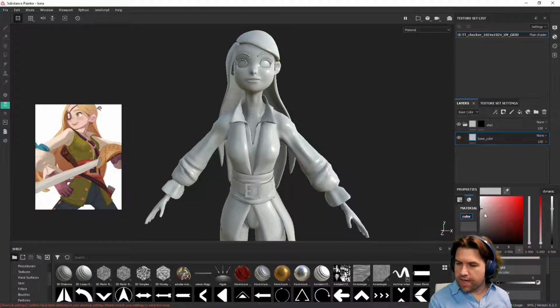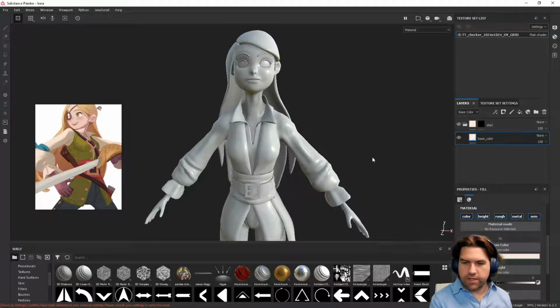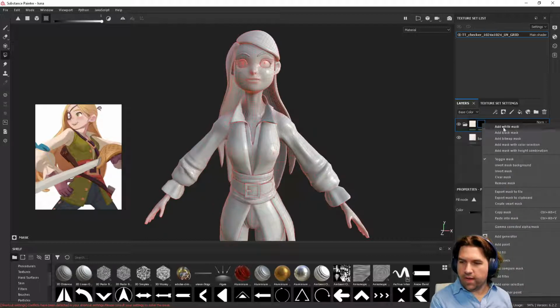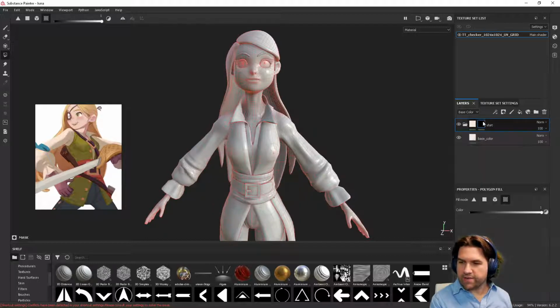So let's start adding in our color, and I can use this eyedropper, which fortunately, unlike a lot of programs, will eyedrop anything. So I can actually go straight into my character's color here. Now, again, I want to start from there and go a little lighter and exaggerate it just a little bit. Great. So this is my base color, and now I can add to my black mask by selecting on it,